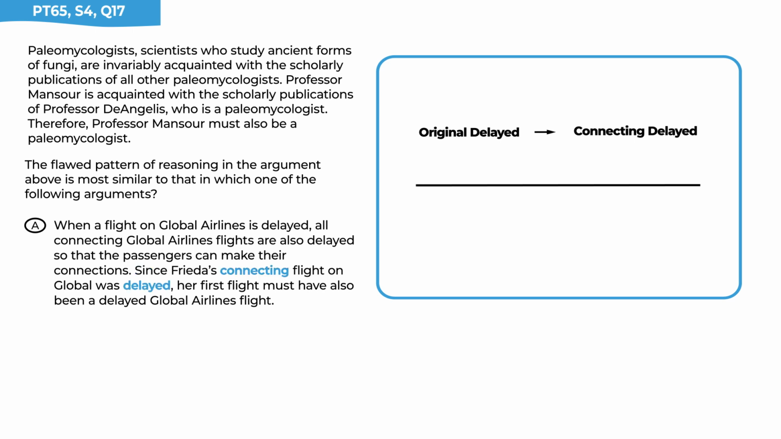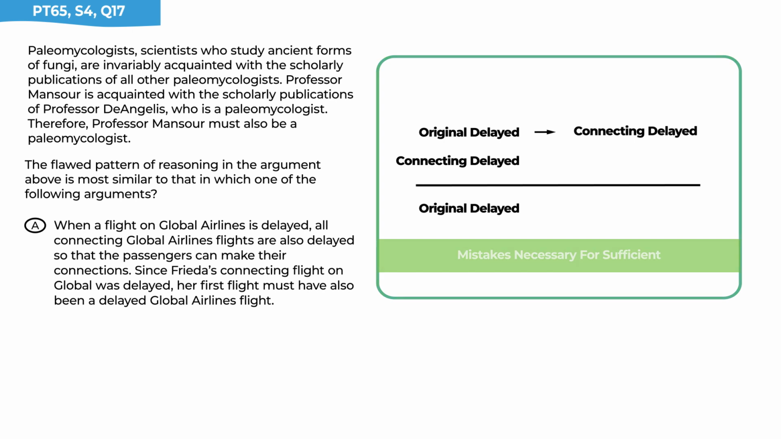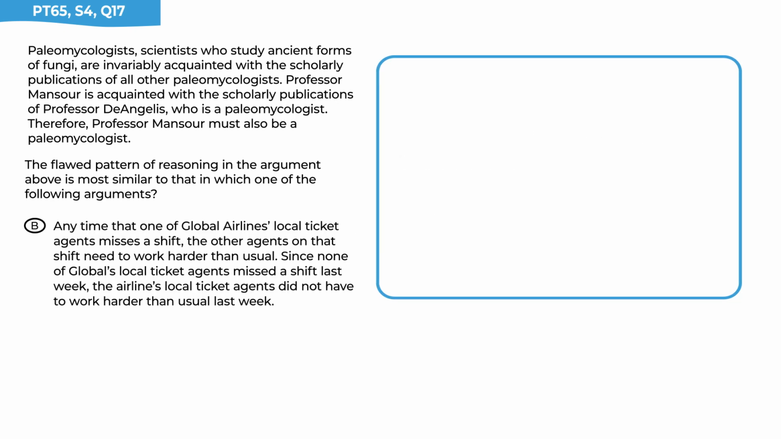Since Frida's connecting flight on Global was delayed, so we know that the connecting flight was delayed, the conclusion here is that her original flight must have been delayed. This is looking like a very good answer choice. It's reversing the direction of the relationship. Let's hold on to answer choice A because it's also mistaking a necessary for sufficient condition. Looks pretty good. Answer choice B says that any time that one of Global Airlines' local ticket agents misses a